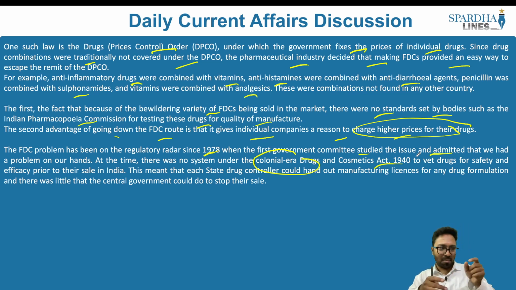And what happened? Because there was no central regulatory mechanism imposed, states were given the power. Since it comes under the state government, there is no one organic or holistic law at the central government level for the regulation. States, at their own whims and fancies, would have their own standard procedure. This procedure may be different from another standard procedure. One may have stringent rules, other may have lenient rules,